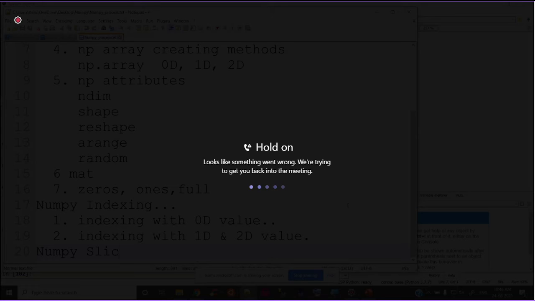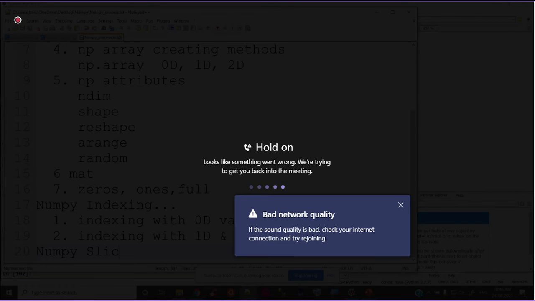First, we work with a single dimension. An array of 1, 2, 3, 4.